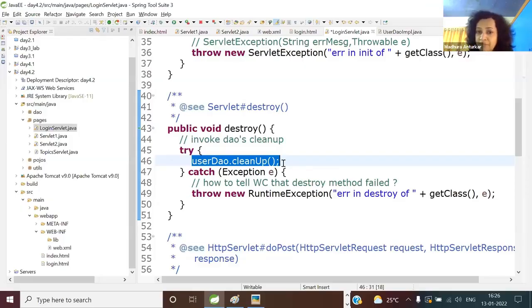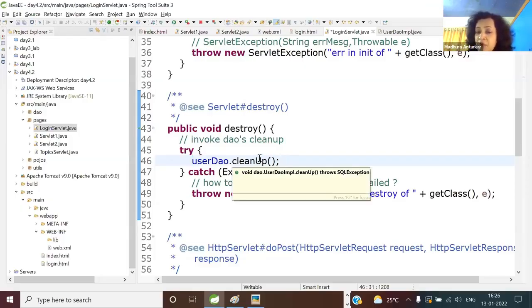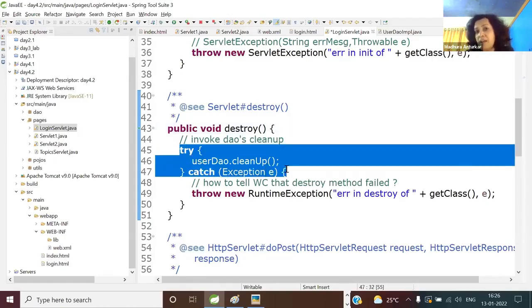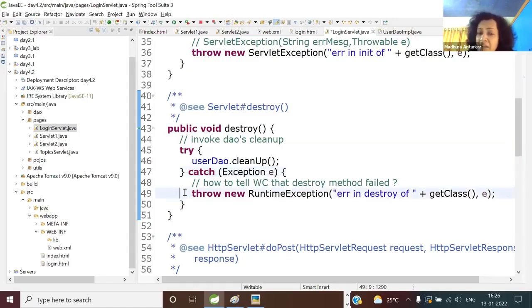But the same problem. What is the problem? If you take a cursor here, it includes in the throws clause SQL exception. Cannot add a new exception here. So we went for exception handling. I mean, we had to add a try catch. So now tell me, is it really compulsory to rethrow the exception to the web container here? It's not. Why? Because if you have already reached the end of the servlet lifecycle, after that, nothing is going